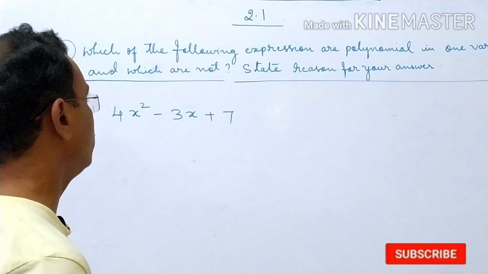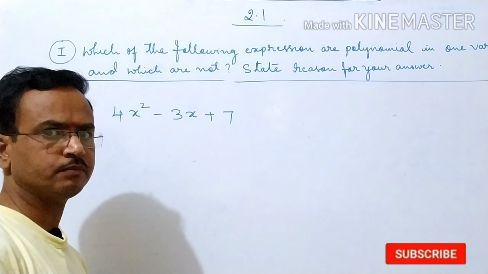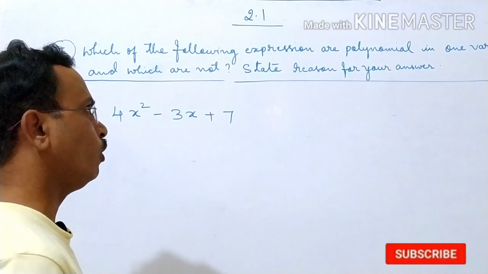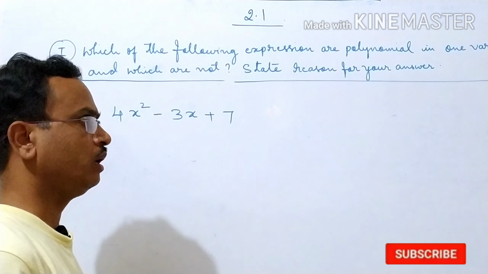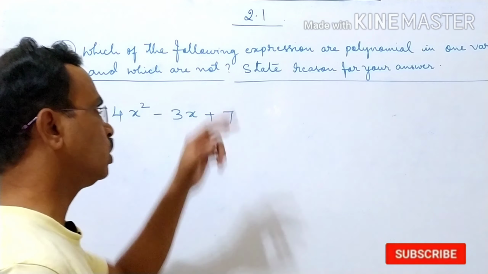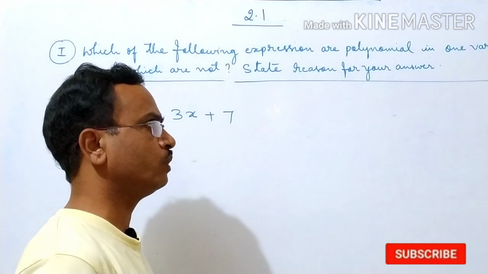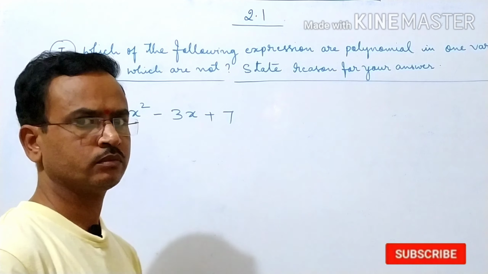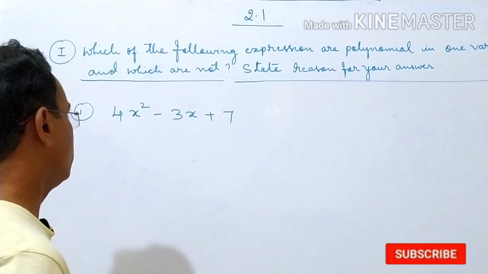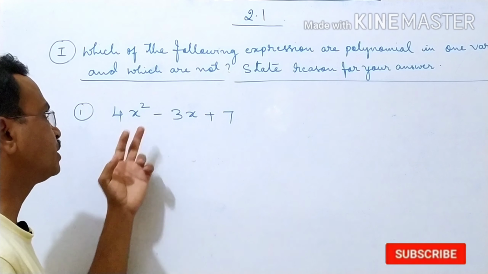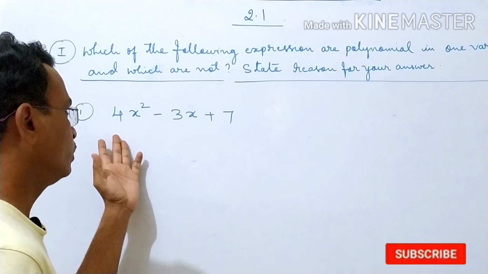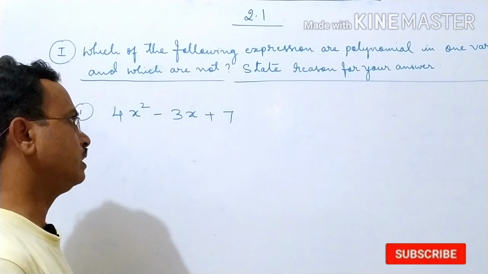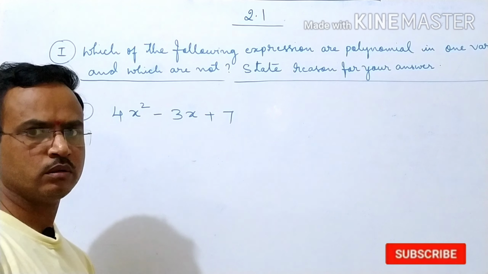Exercise 2.1. First main question: which of the following expressions are polynomials in one variable and which are not? State reason for your answer. So here, question number 1: 4x square minus 3x plus 7. Now we can say this is a polynomial